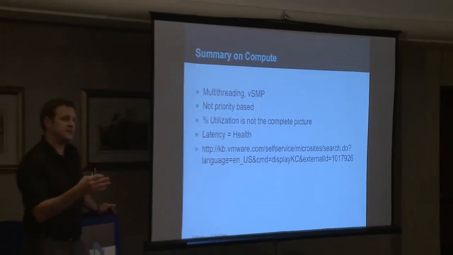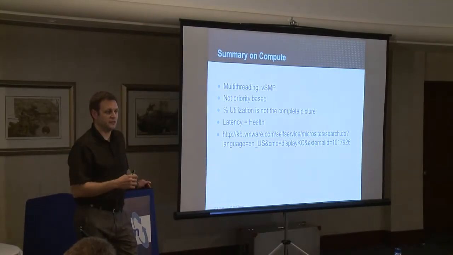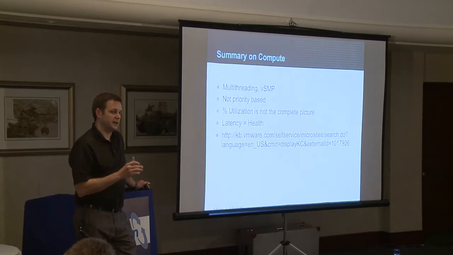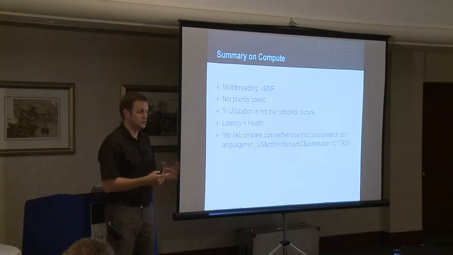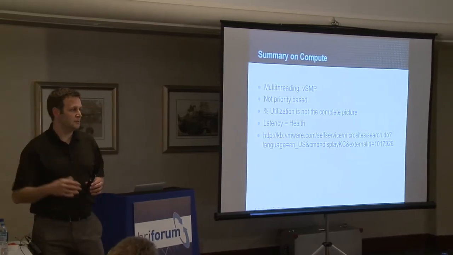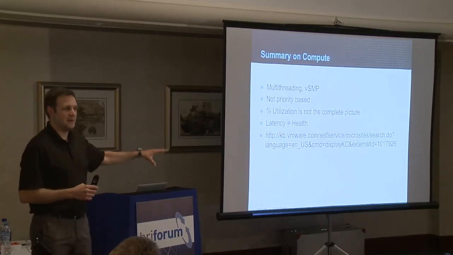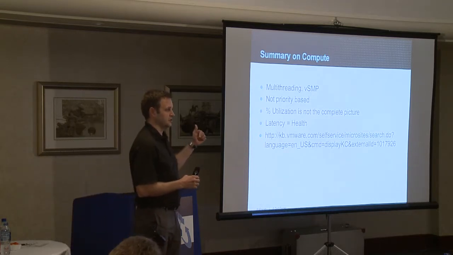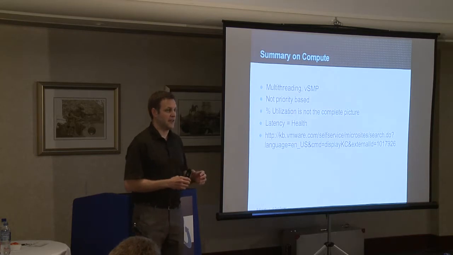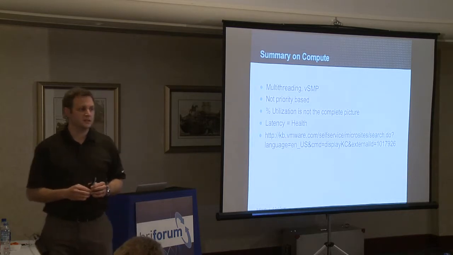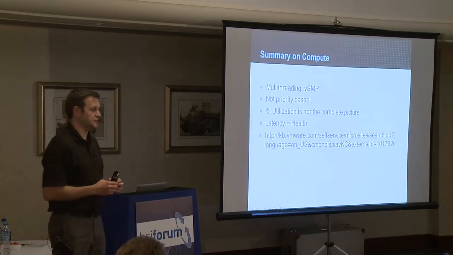But if we're not digging in at that ESXtop layer, if you're running a vSphere environment, and you're not looking at percent ready values, you're probably going to be unaware that there is a CPU bottleneck by just looking at utilization numbers. The fact that the scheduler is not priority based, I think, is an aha moment for a lot of people: the more work that this VM asks for, the more likely it is that another workload is going to preempt its task, take away its physical core, and do another task. So when you think about things that are latency sensitive, multimedia, audio, video, that's a really big deal.